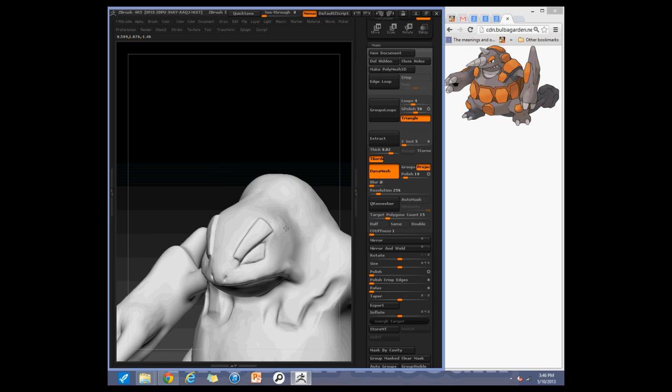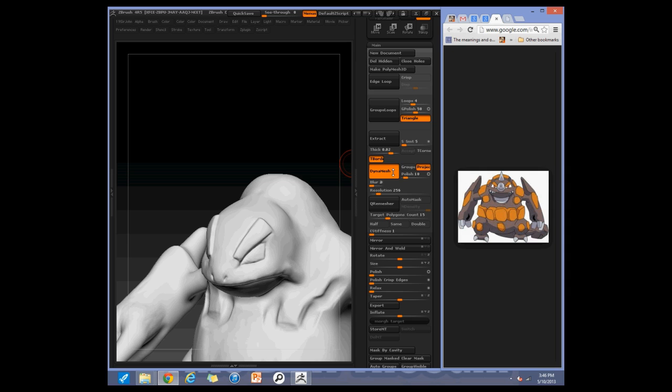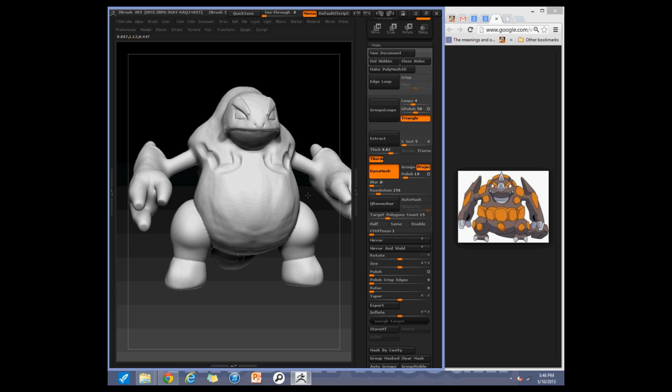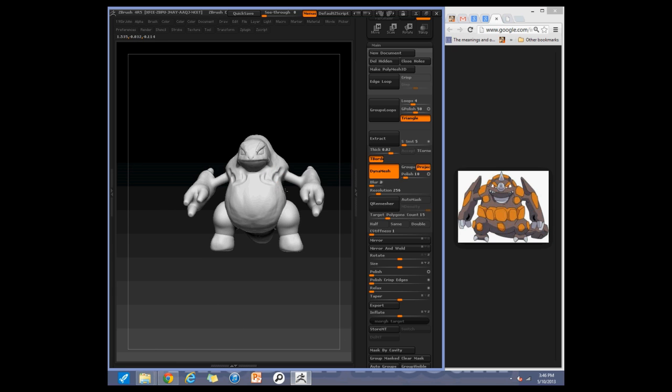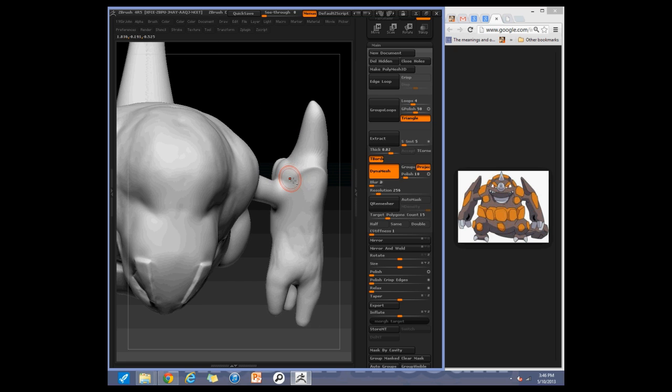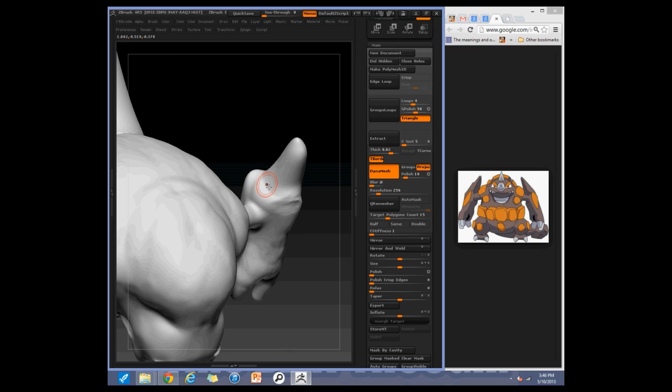Get more of that form in, and I'm gonna take a quick look at a different picture. That's a front shot of him. Front shot is okay, but I think I like the side view better. Front shot does show how thick some things are in special views you can't see. So for right now, I guess I'm just going to look at the front view, make my brush bigger, and